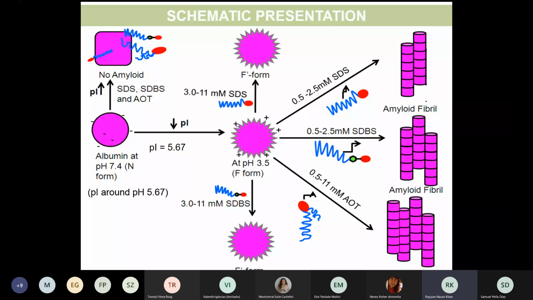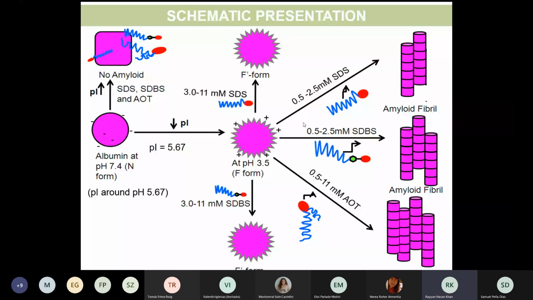And if we add from 0.5 to 2.5 millimoles of the SDS, in that case we get the amyloid fibril formation. This is 12 carbon chain length. Now this is 18 carbon chain length. Now you can see it's a schematic presentation again. Now instead of 2, there are 3 bundles being shown under the similar condition. While in the case of AOT,